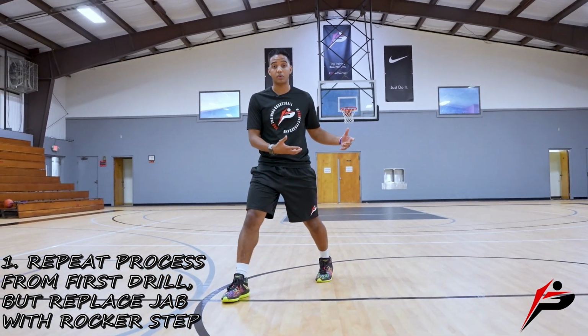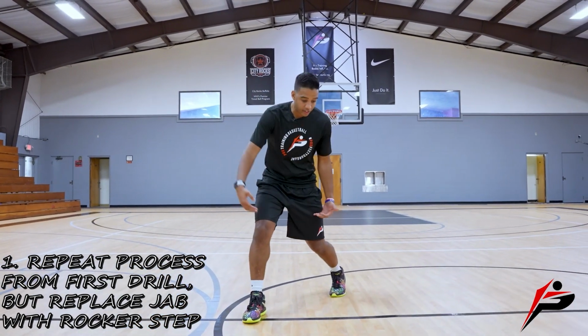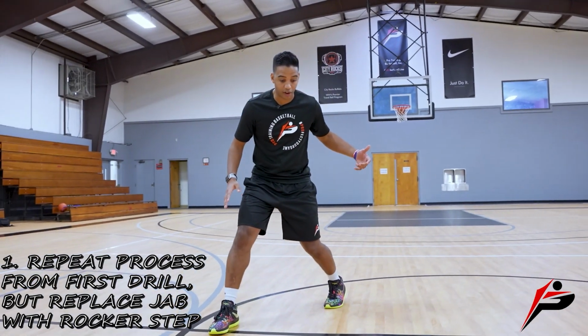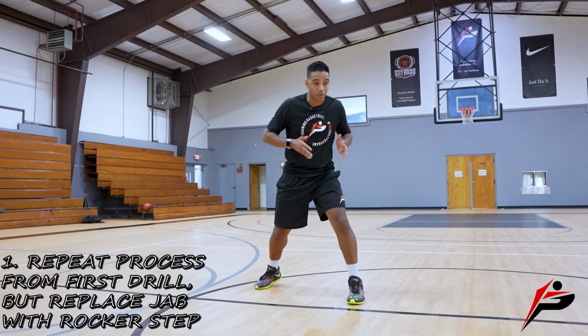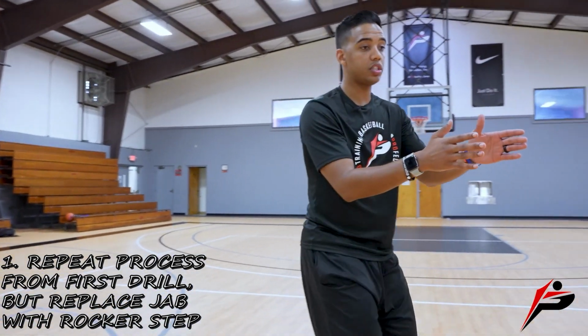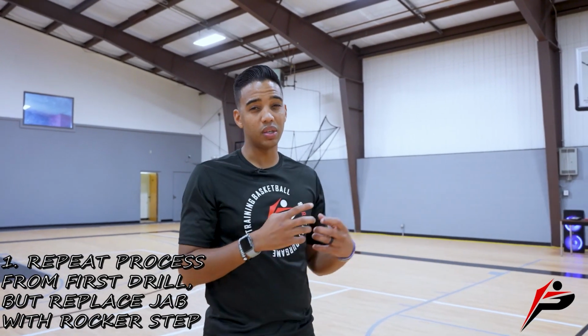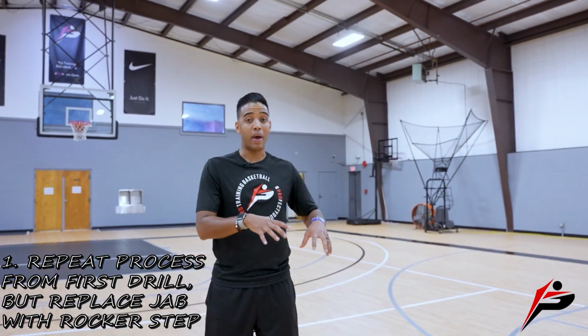Again, we're doing this without a ball so you can focus on the footwork and the exploding out, okay? Now that I'm in this position, I'm going to switch my feet, right, left, and that's when I'm going to get my sprint in. So I'm going to take my 3 steps this way, boom, 1, 2, 3, all right, and really just get out of that as quick as I can, really working on that explosion in these basketball